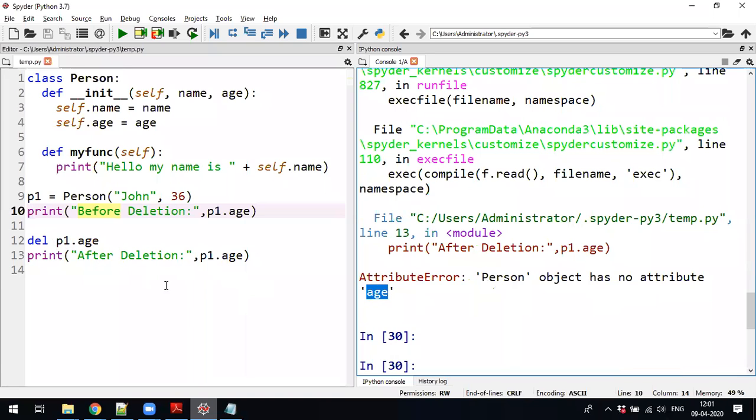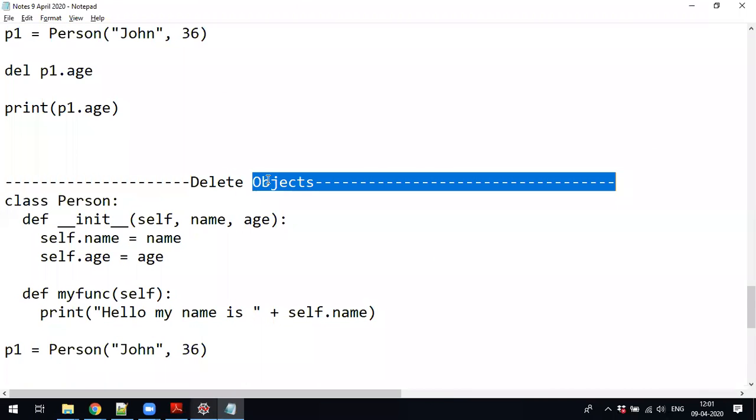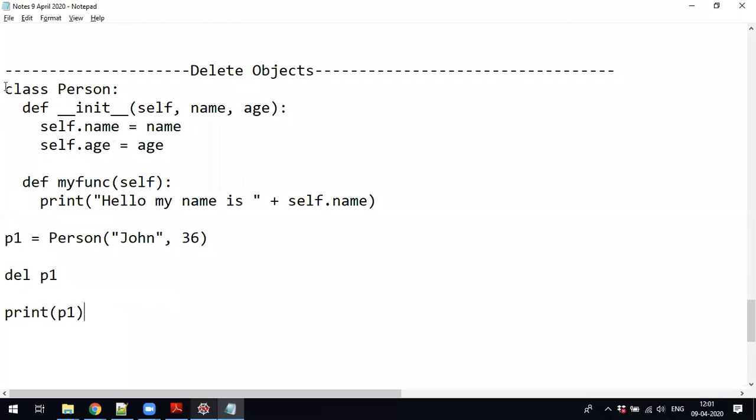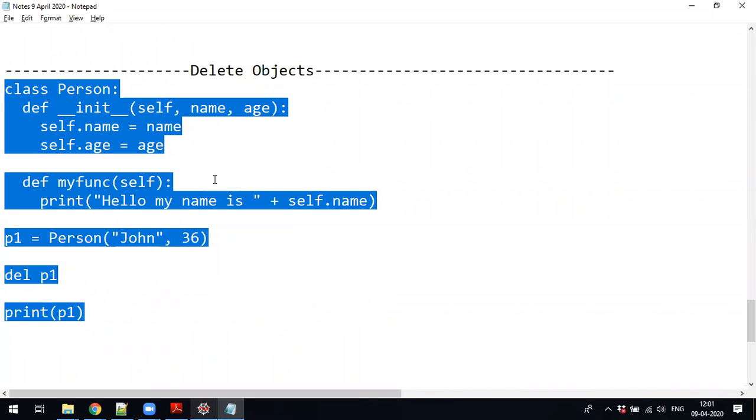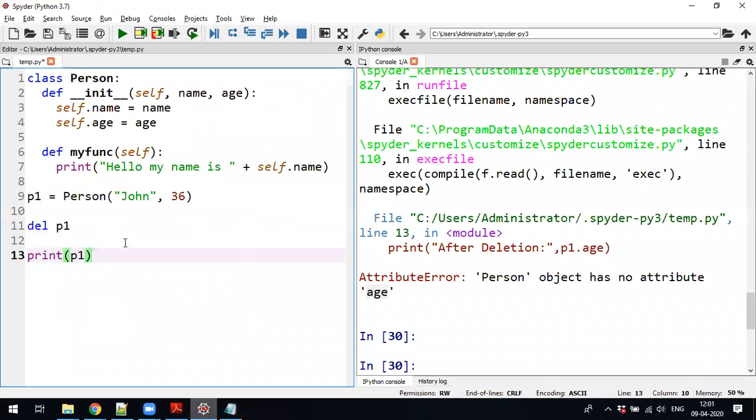That is why this delete operator is going to delete that attribute. This is what the keyword called delete does. In the same way, if you want to delete the object, it is possible. In the same program, I'll delete the object itself.